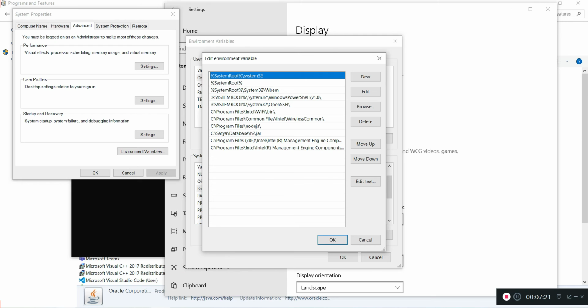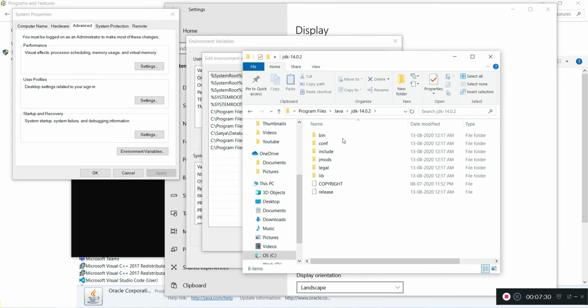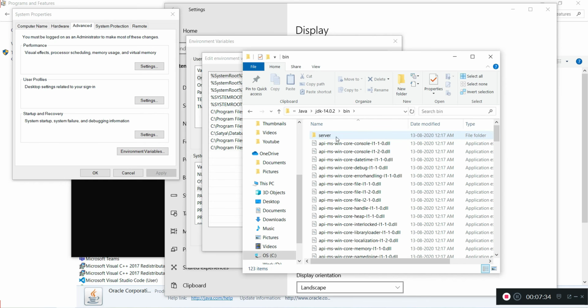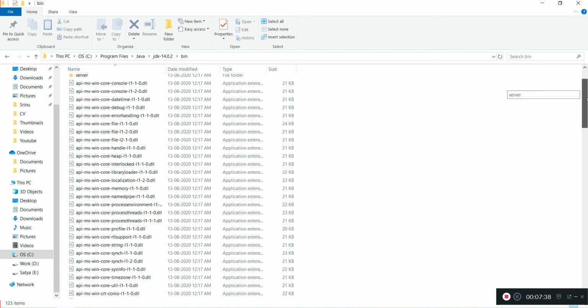For setting the JDK path, I need to find where Java is installed. So it is C, Program Files, Java, JDK, and inside JDK we need to set the path up to the tools. Tools are inside bin. What tools am I talking about?